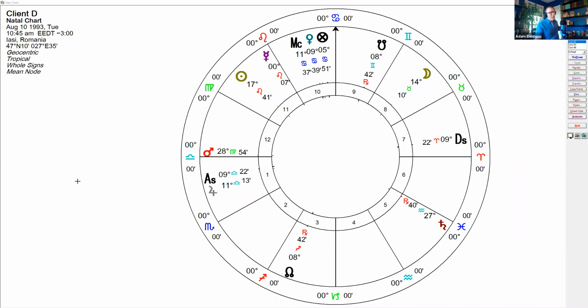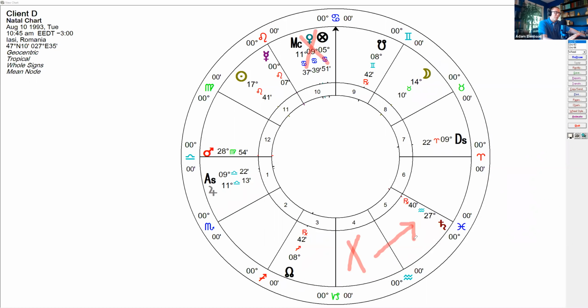Now, what is coming for this individual right now? Well, a few things. One, we have eclipses right now in Venus's sign and 10th house, 4th house eclipses in Cancer and Capricorn. We also have an impending Saturn return coming up in the early 2020s. So all of these things considered,